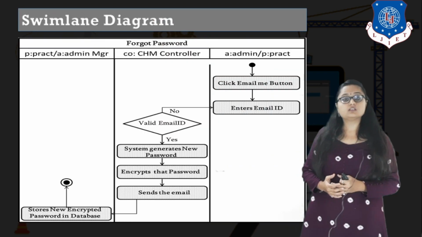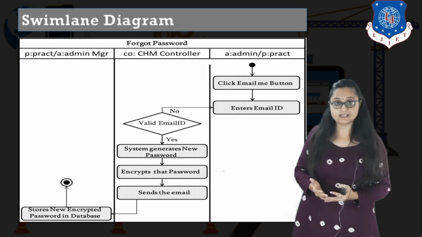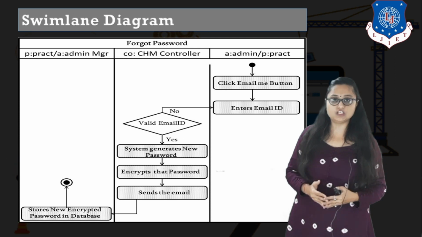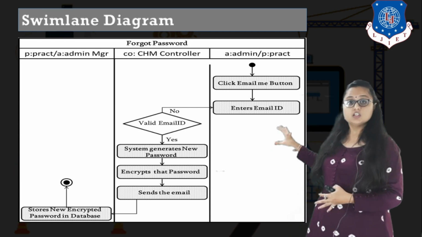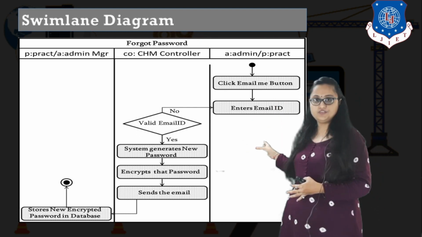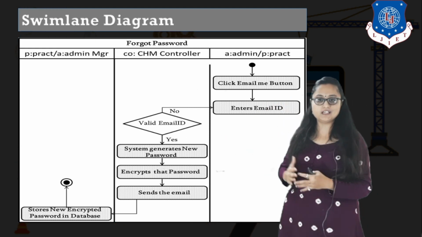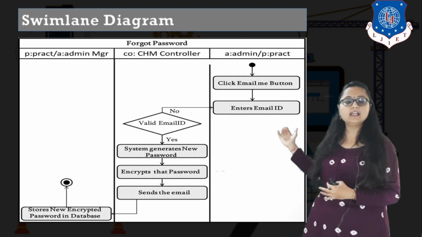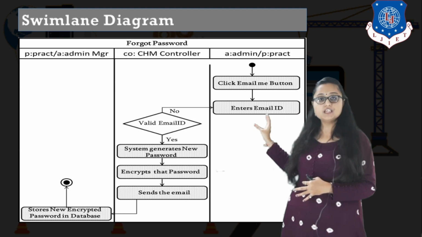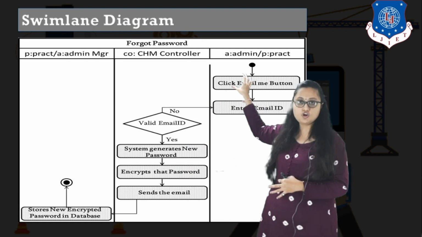Now there is a variation in activity diagram which is known as swim lane diagram. Swim lane diagram is also a type of activity diagram with the variation that you are specifying the objects, or you can say the users, which are performing which activity, right? So the activity and users are matched in this swim lane diagram. Here you can see that again the same activity diagram has been taken, that is generation of new password, but here we have done the classification of which activity is performed by which actor or object, right?